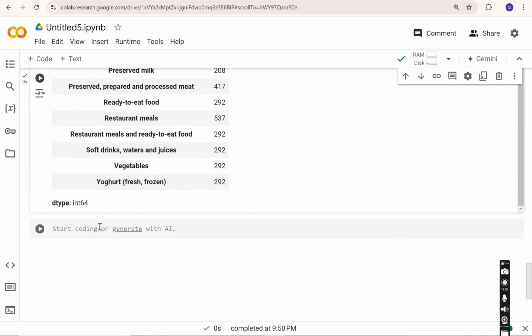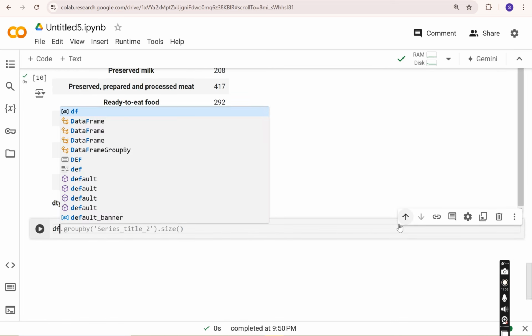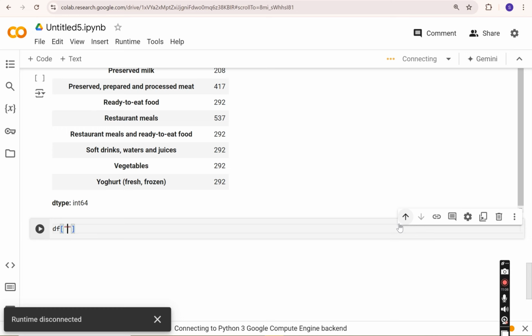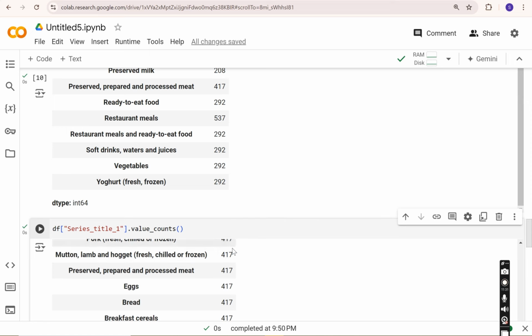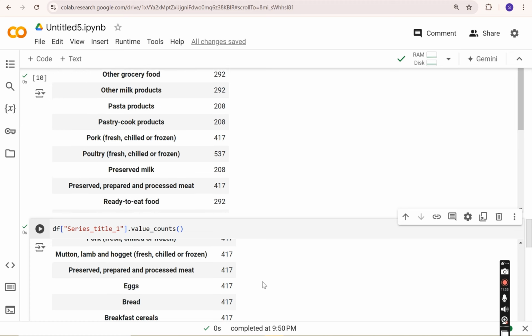That is df, which is our data set, df of series title dot value underscore count. So if I'm executing this statement, it will also return the data like before, but there is a difference between